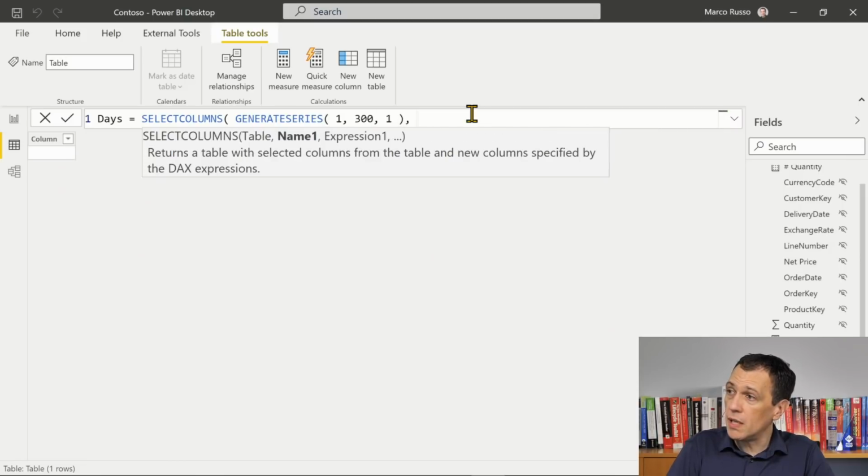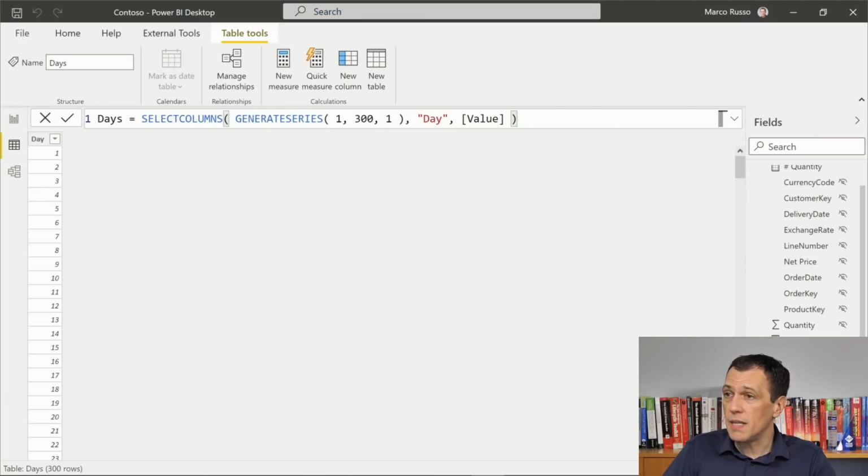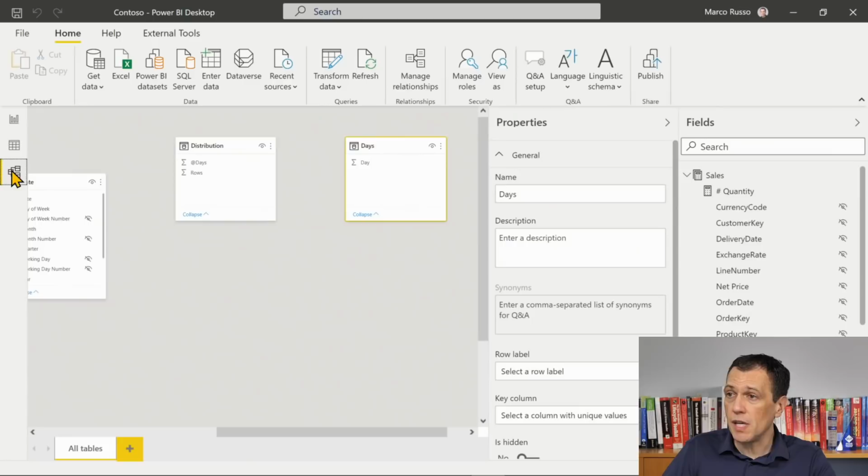I use SELECTCOLUMNS because I want to customize the name of the column, because otherwise it will be called value, and I don't like it. So here we go. Now this is my days table